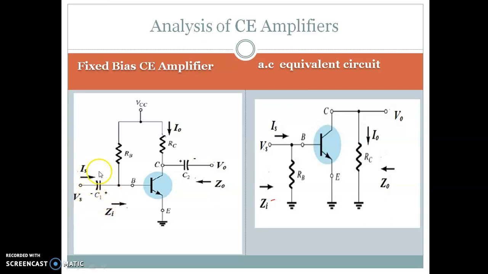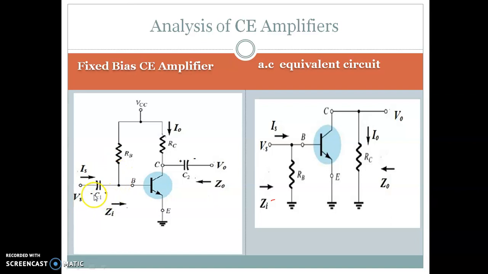The role of the input coupling capacitor is to block the DC component that is available in a signal, because using the resistors RB and RC we established the operating point. So we don't want any signal in your VS to disturb your operating point. Therefore we have this input coupling capacitor, and if there is no signal, the coupling capacitor is going to charge via this RB path.